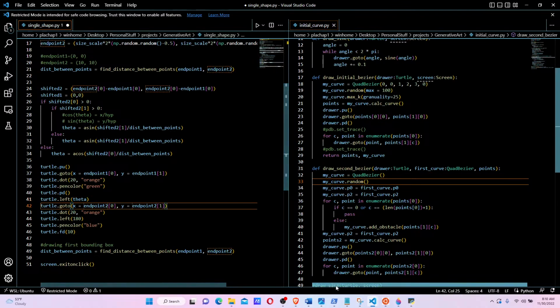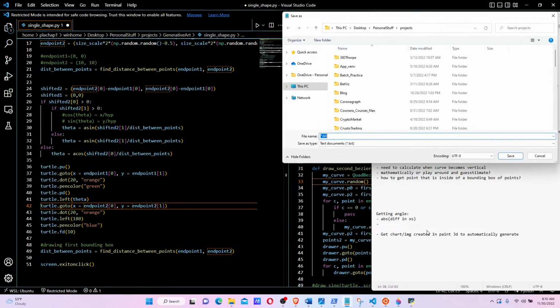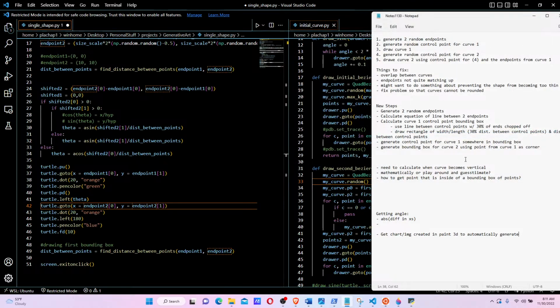Okay, well, I'm gonna end this live stream with the goal of getting a chart or image created in Paint 3D to automatically... this, but